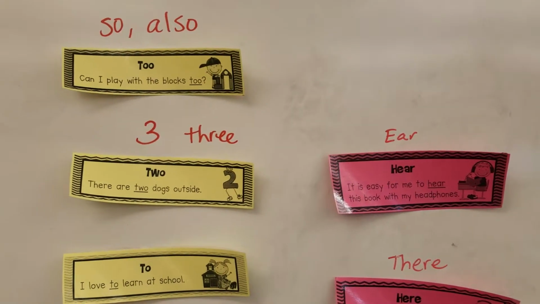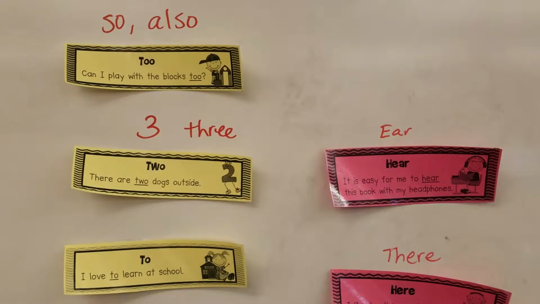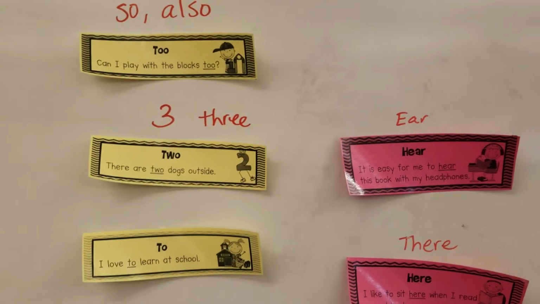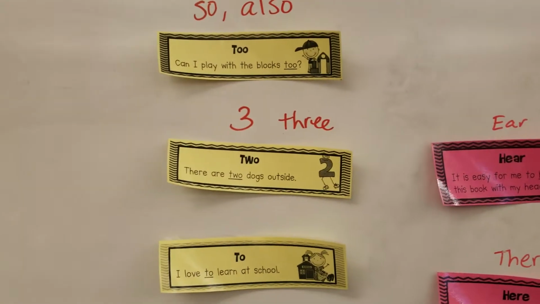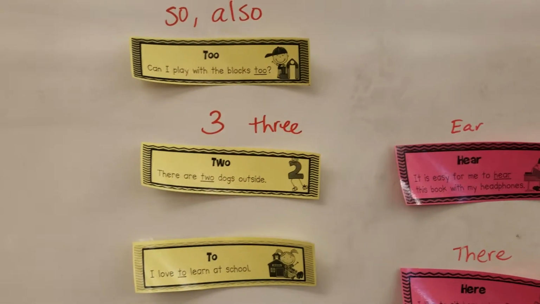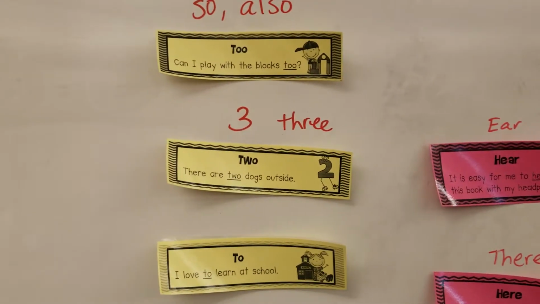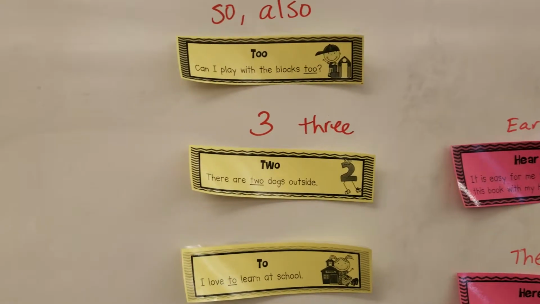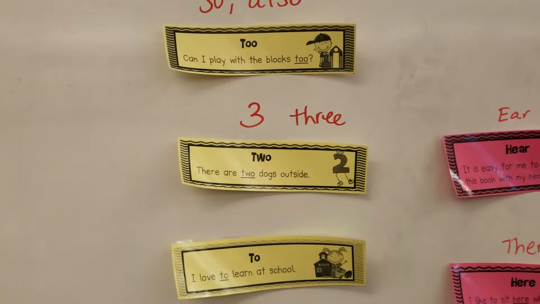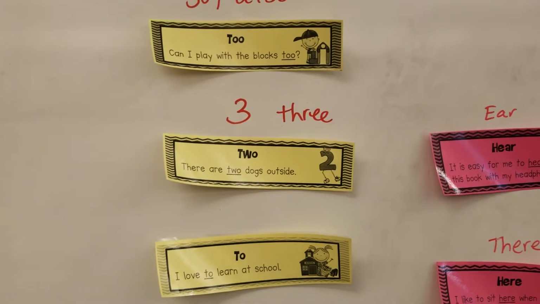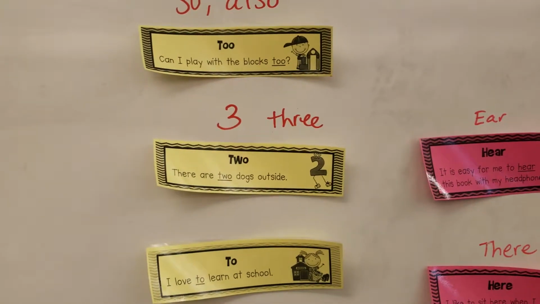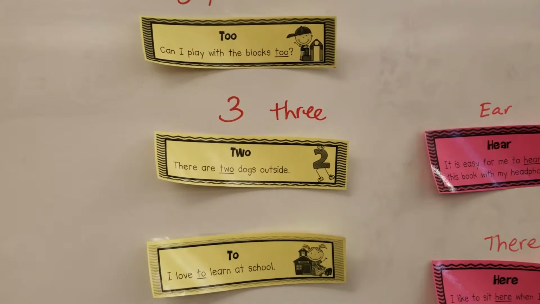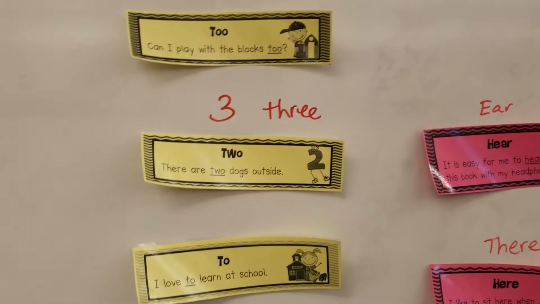We're going to look at the homophones to, too, and two. Remember that homophones are words that are spelled differently, mean different things, but they sound exactly the same. So to, too, and two are a set of homophones that people mess up often. So we're going to use some proofs to help us. Whenever you write one of those words, underline it, and then use the proof to check that you have it